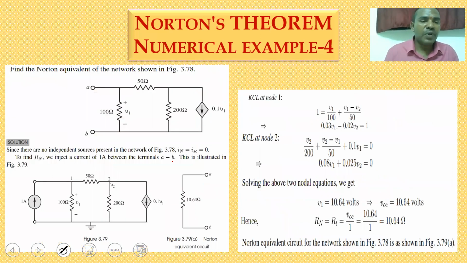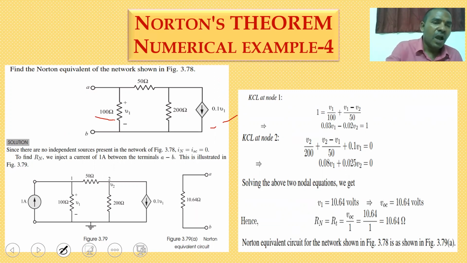So in this example, they are asking to find the Norton's equivalent circuit. Here you don't have any independent sources, only a dependent source. The dependent source is a voltage controlled current source. Which voltage? The voltage across this 100 ohm resistor. Okay. So for finding the value of RTH,